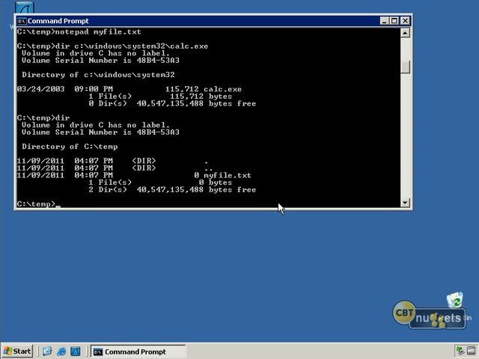I'll type, actually use the command type, and then my executable, c:\windows\system32\calc.exe, and I'm going to use a greater than sign to send that to my file.txt: